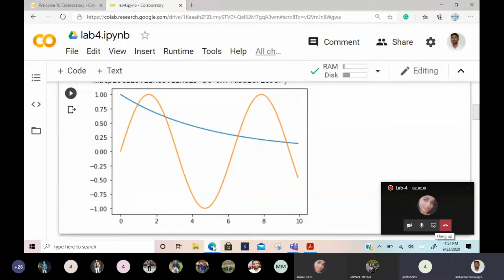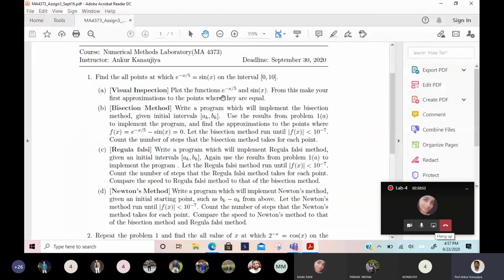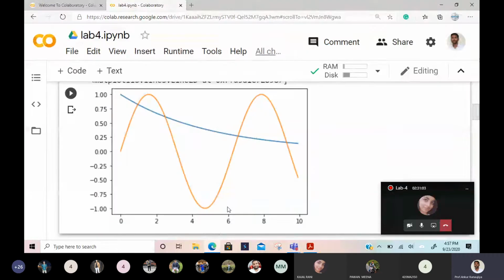Yes, sir. You have to submit the assignment. That means you have to write in a Word file, then you can convert into PDF. You have to write like this: visual inspection, part A. There are 4 answers you have to type, and whatever guess you want to make, exact guess I am not asking, this is just approximation. Like if someone thinks this is 6.5, you can write 6.5. If someone thinks it is 6.4, you can write 6.4, no problem. Whatever you guess based on this graph, you can write. This is the first observation.